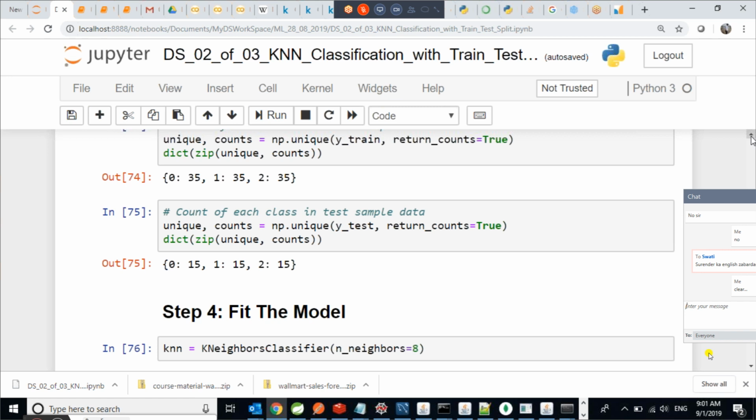and create one for loop and check here. Let's suppose you put in n_neighbors equal to 5, what is your accuracy result? If you put here n_neighbors equal to 7, what is the accuracy result? If you put here n_neighbors equal to